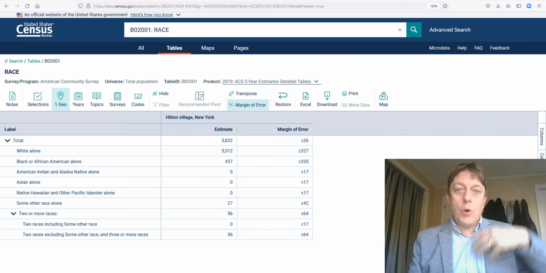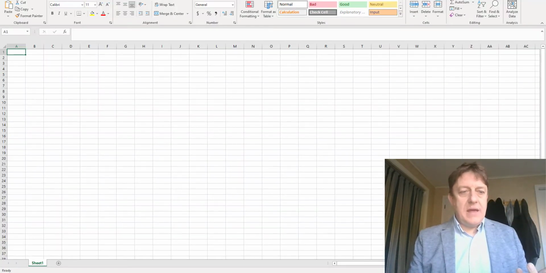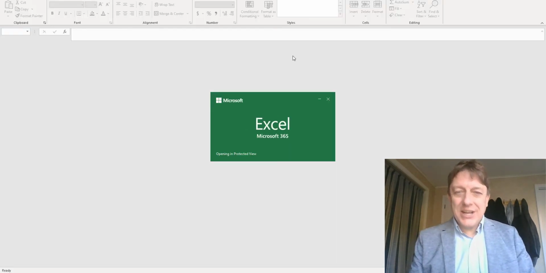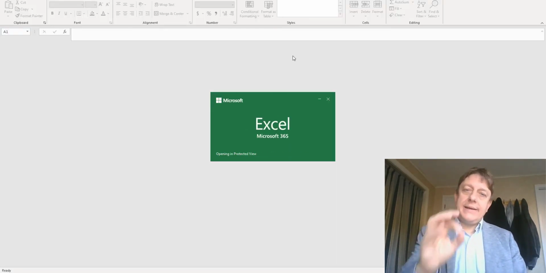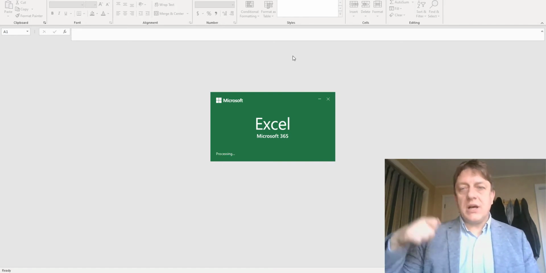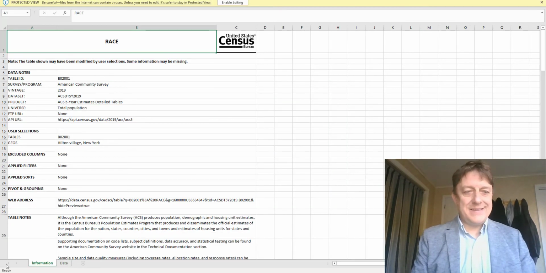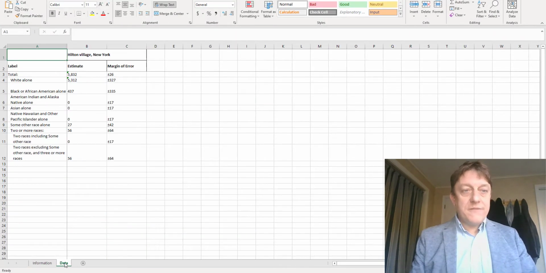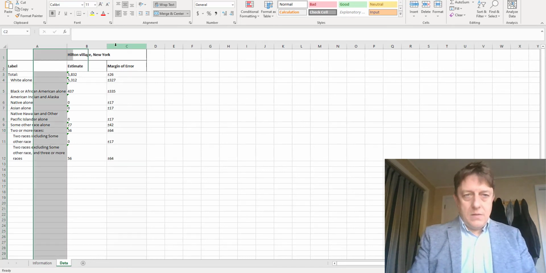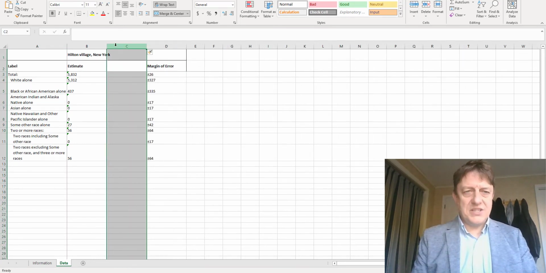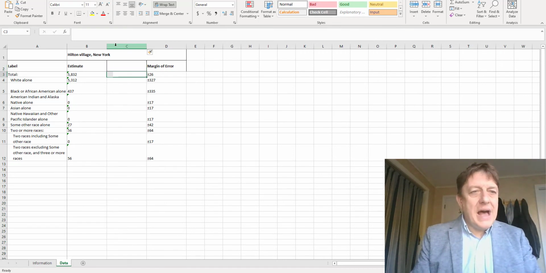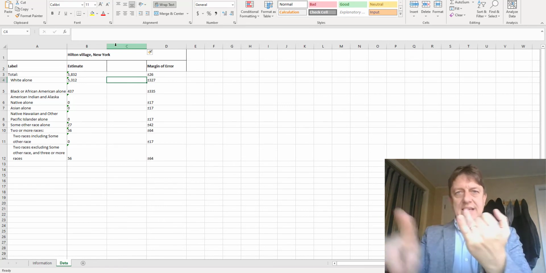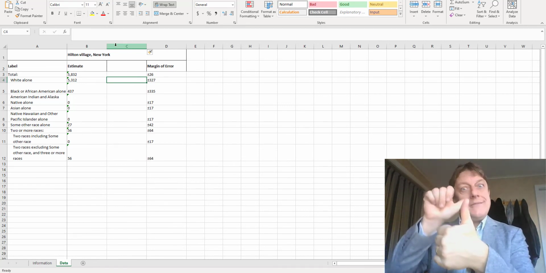Once I open up Excel, and that information is getting loaded, which will take me just a moment, I can use the powers of this lovely program to calculate things like percentages, which are fairly simple. I'm going to insert a column here just so I can put it right next to the estimate. I have this total here. And in Hilton, New York, for the years of 2018, 17, 16, and 15,